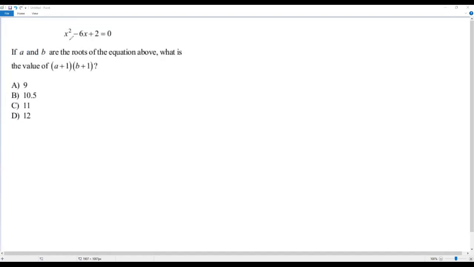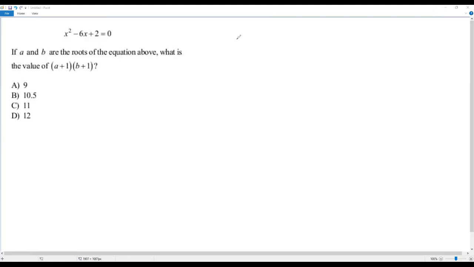I think this quadratic expression is not factorable, so we may have to use the quadratic formula to solve this quadratic equation. When I try to solve this quadratic equation using the quadratic formula, I may have a chance to get irrational roots. To handle a problem with irrational roots is a bit complicated. Okay, so we can use the concept of sum of the roots and product of the roots of a quadratic